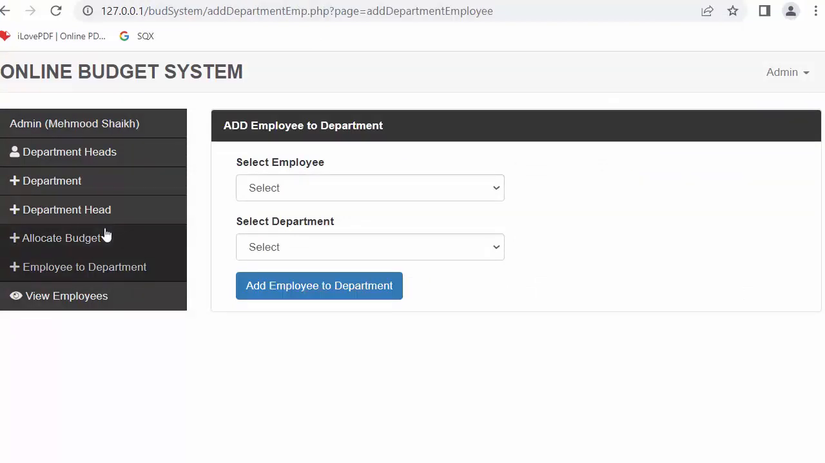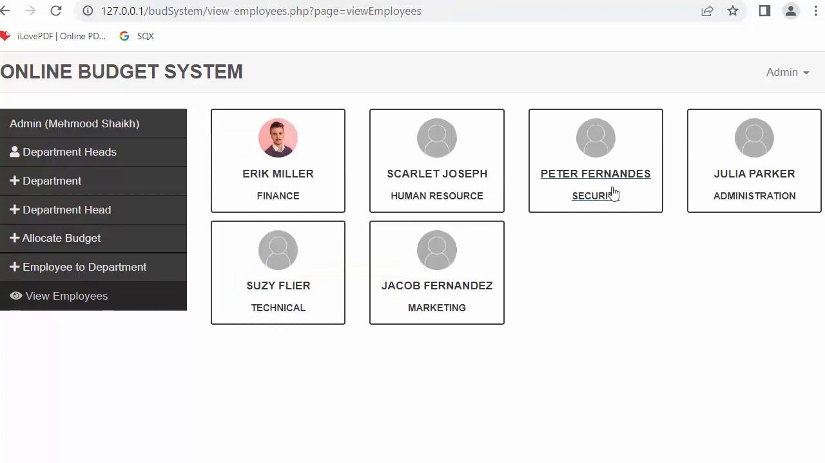Now I want to display those employees on the admin's dashboard whenever admin click on view employees, exactly similar to this. This is my already done application, so exactly similar to this I'm going to create in this video. So before coming to the